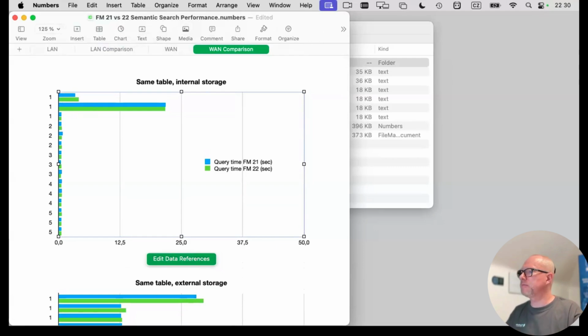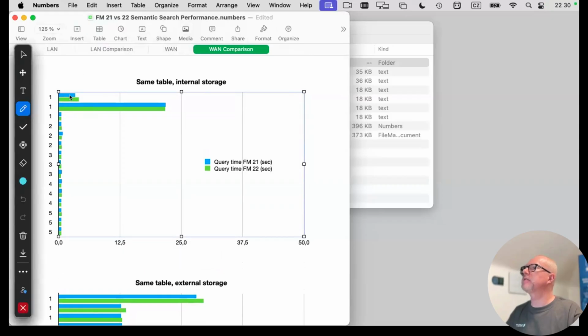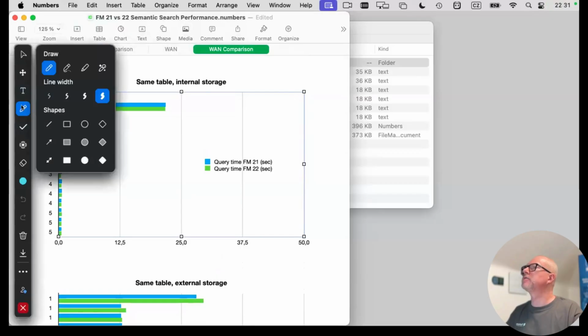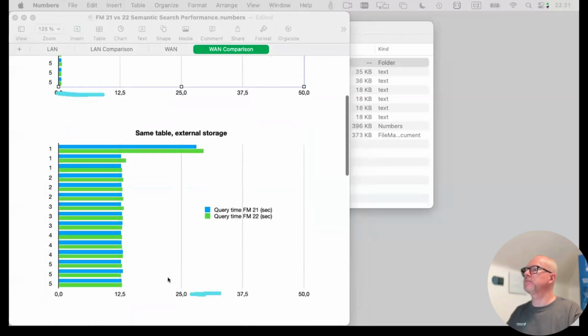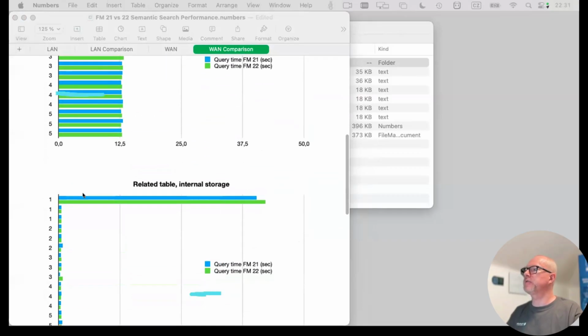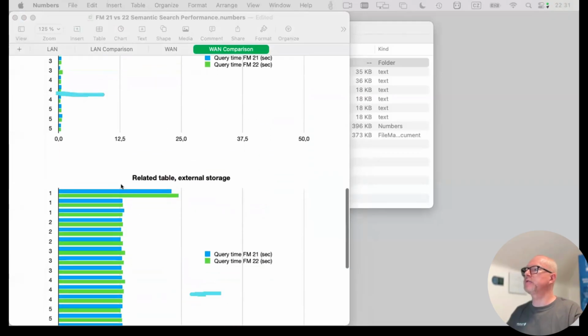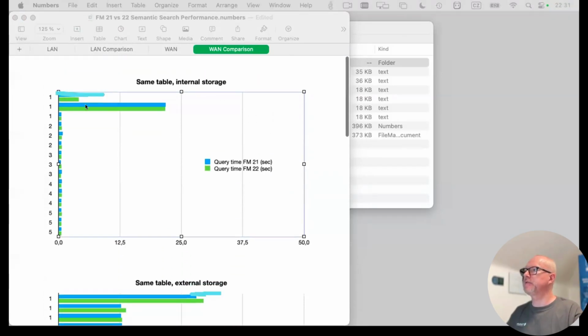I use an annotation tool here. So this was the first, this here was the second, and so on. This was third, fourth, fifth,